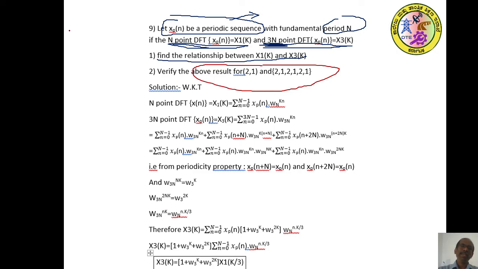Let us start from the beginning. From the definition of DFT, we have this formula. Just copy down this formula as it is. Means you are trying to calculate the N point DFT. Therefore, denote it by x1 of k for the periodic sequence xp of n. Second step, calculate the 3N point DFT for this xp of n. DFT for 3 cycles, 3 periods is x3 of k. But the limits will change, not between 0 to N minus 1, it is between 0 to 3N minus 1. So wherever capital N is there, you are supposed to replace it by 3N.